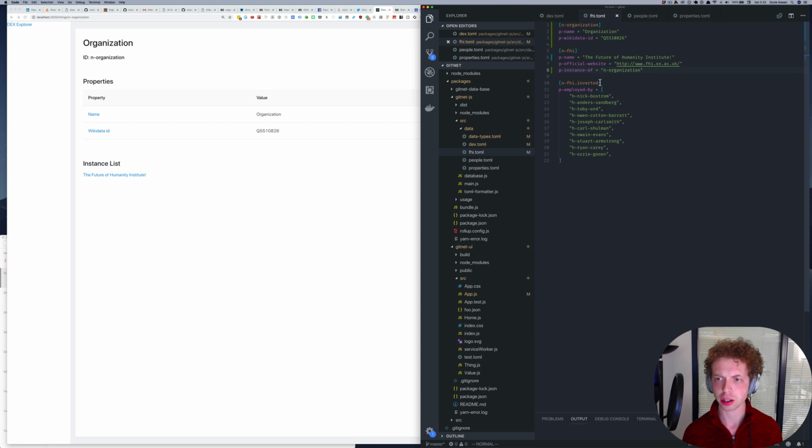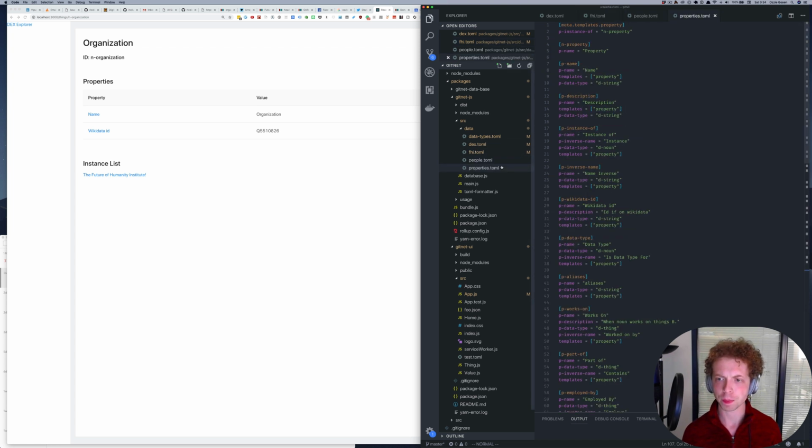over here you'll see that we have this inverted thing. So I basically wanted to state that all of these people were employed by NFHI without having to write a whole chunk for each one. So this is like a convenient notation for that. Another interesting notation that I have is